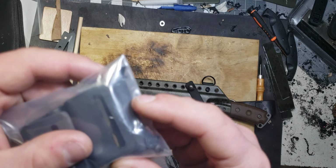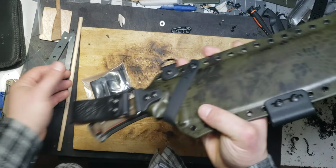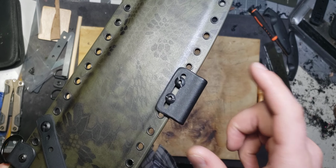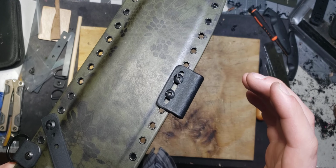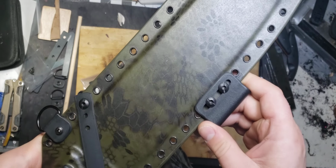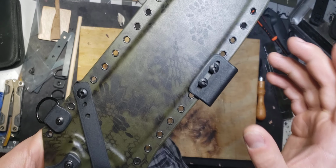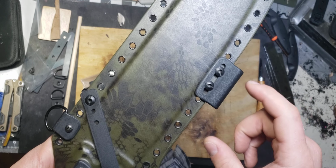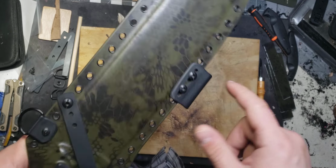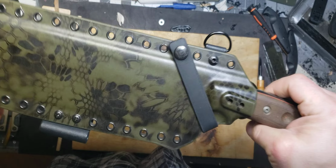So what I did was I milled a slot across the face of it. You can see that I did all 5 of these loops at the same time. So you can see instead of drill holes, I actually just milled a long slot, which gives you a really generous range of mounting options, and it should work with just about any sheath you have. If not, I would say the spacing between eyelets on whatever the sheath is you're mounting to is obviously quite large, and it leaves plenty of room to drill a hole so that you'd be able to accommodate these loops. So there you go. Last feature on here really is the